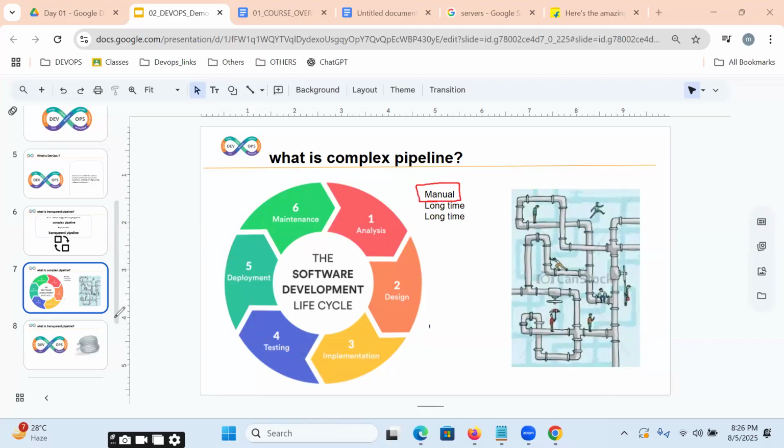Due to this manual process, if we get an issue or any problem in the middle of the process, identification will take a long time, and resolving it will take long too. Definitely cost will increase, quality will decrease, and the customer is not satisfied.